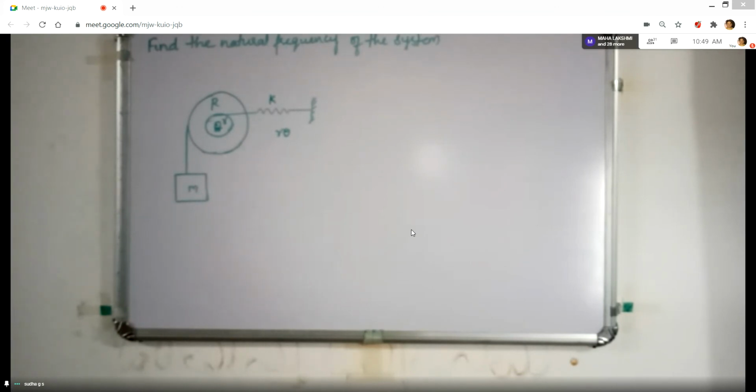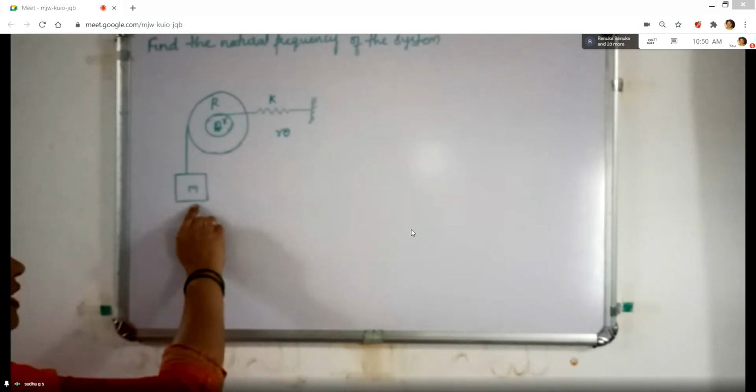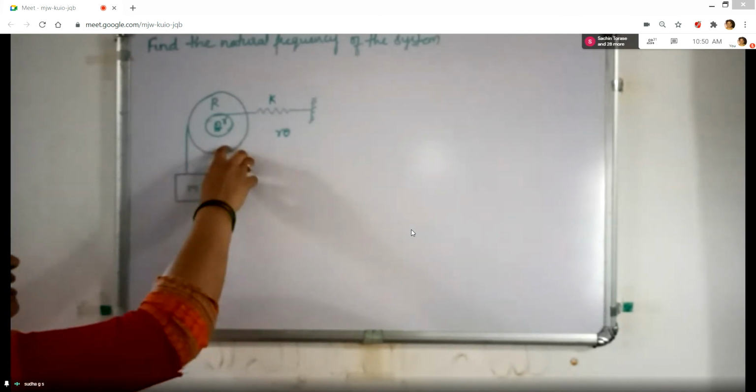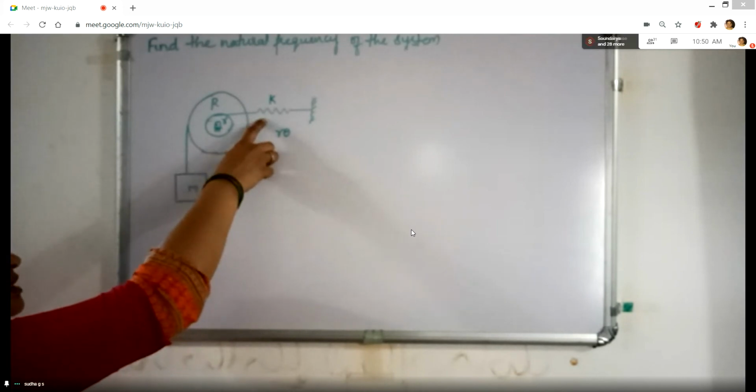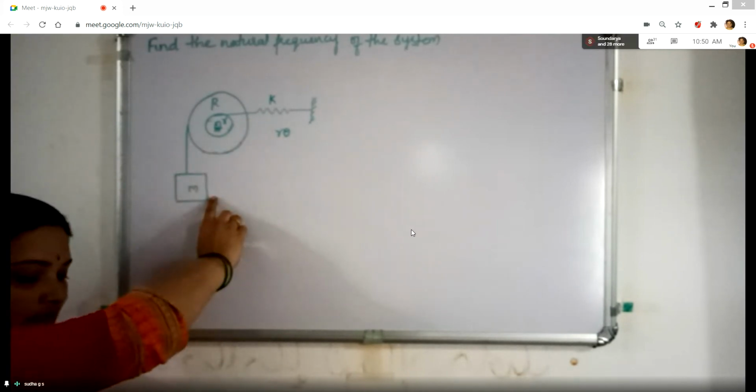Now try to solve this problem. x is equal to r theta for the spring. Write down, considering the mass as 1, the pulley second, and the spring third. Kinetic energy of this one, kinetic energy of